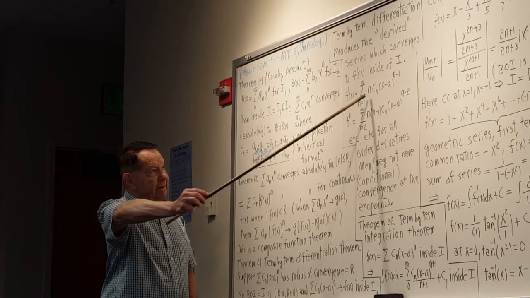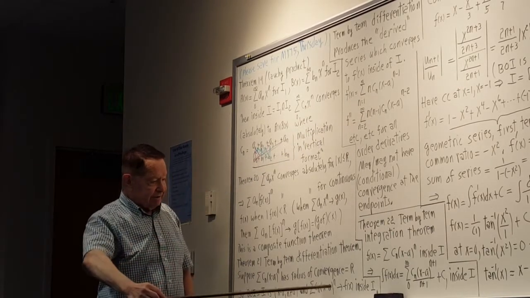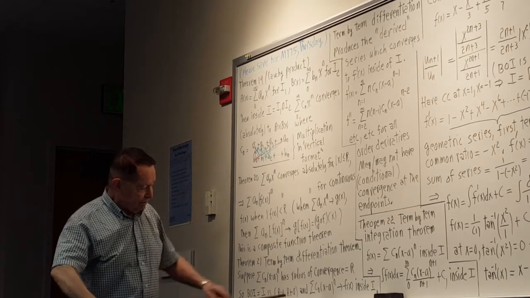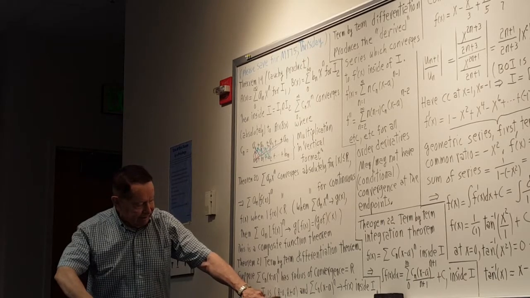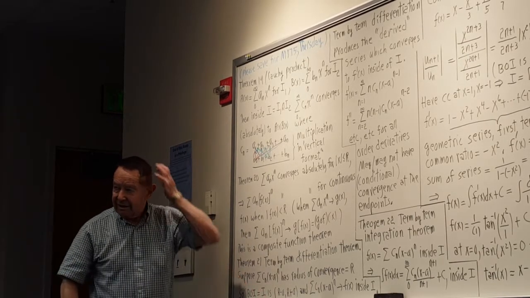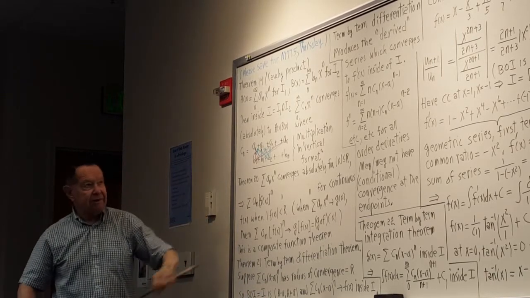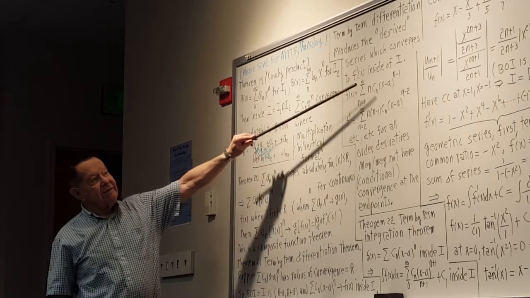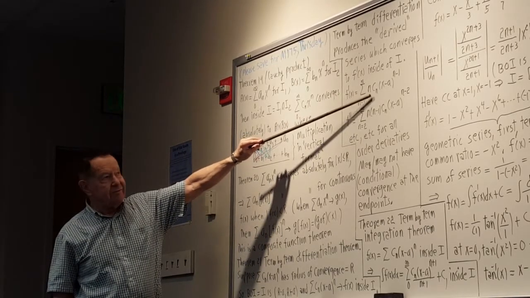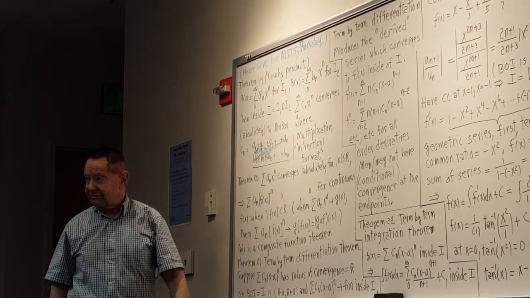functions. You are guaranteed convergence for your derived series interior to the original interval of convergence, so the a minus r to a plus r with parentheses. You might or might not have convergence at the endpoint. You would have to take the series you got with the derivative and then check the endpoint on that to see if it's convergent at the